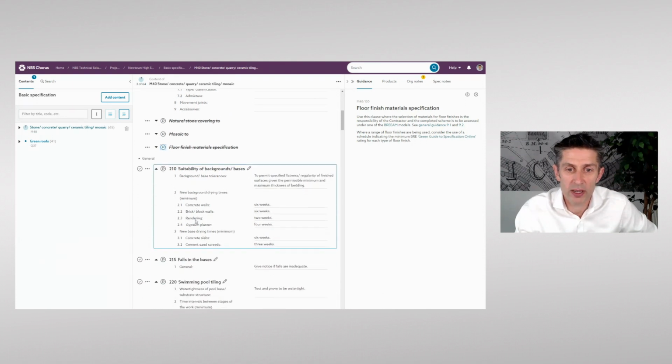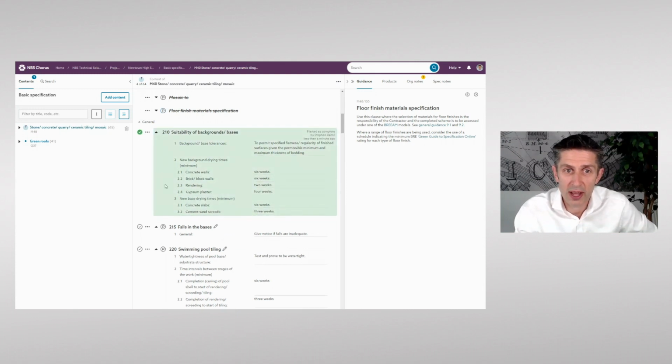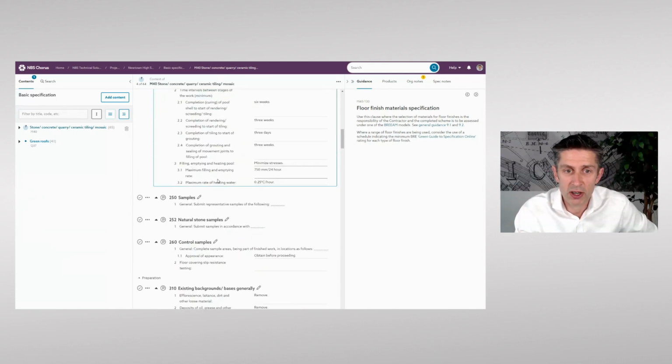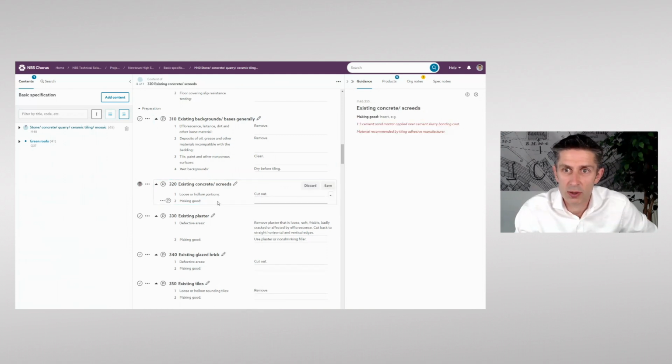And then you can come in and if a clause is relevant and it doesn't need any changing, you can just click the tick box, and that includes that clause on your project. And if it's a clause that has decisions to make, you can come through and fill in the clause as you come through. So I could come in here and type in